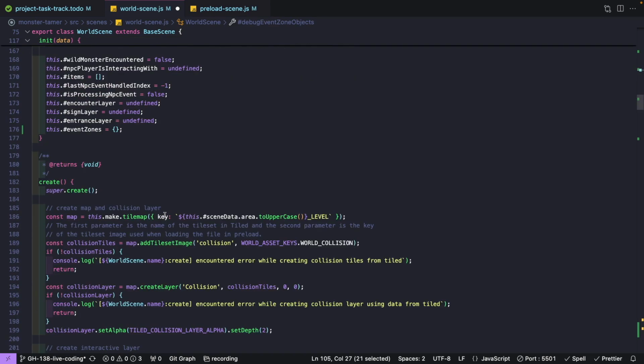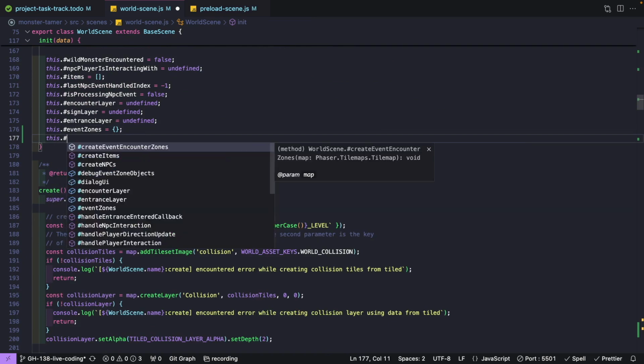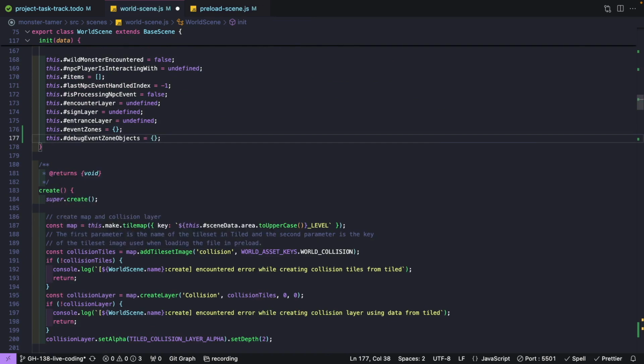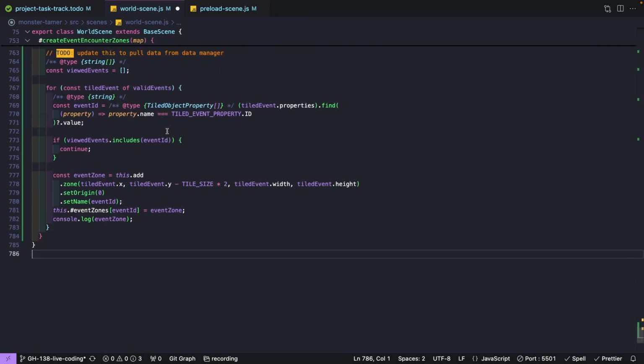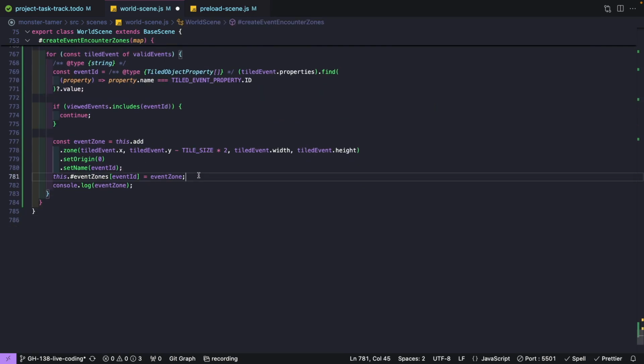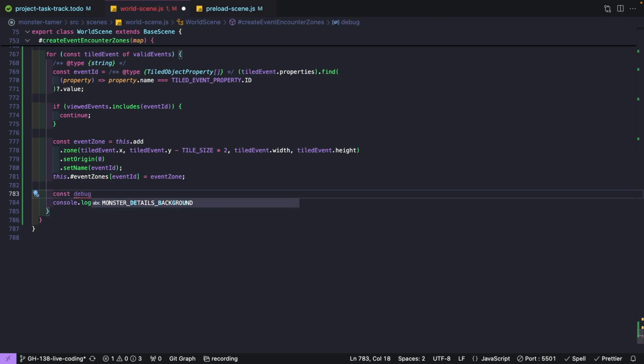Let's add in our default value. So we'll come to our init method and add that in. We'll do an empty object. Now let's come down to the bottom of our class. And after we create our zone game object, let's create our new rectangle game object so we can see our zone. So for this, let's make a new variable. We'll do const debug zone rectangle. It's going to be equal to